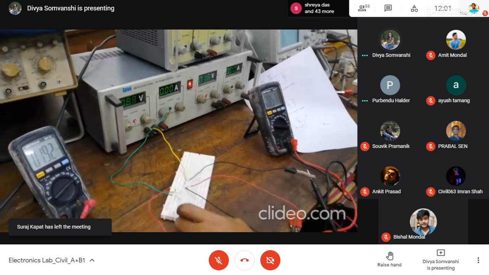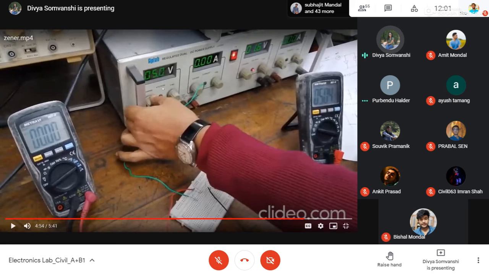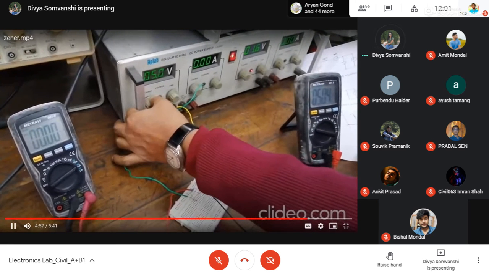What is the observation? I am just going in the last. That is the Zener diode which has around 6.6. So now you see this is a 5 volt, right? And in the voltmeter it is also coming 5 volt. If you see, this is a milliampere order. At 5 volt, in the milliampere order, we have 0 milliampere current. It means we have some current which is of the order of microampere, but in milliampere, we don't have any current. Okay. So now if we increase the voltage further, what happens? Breakdown does not appear.